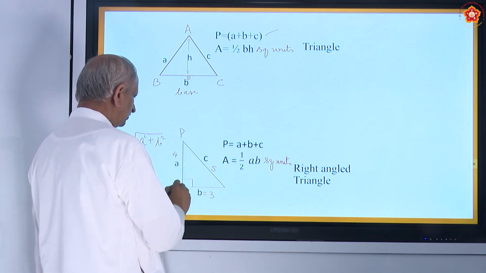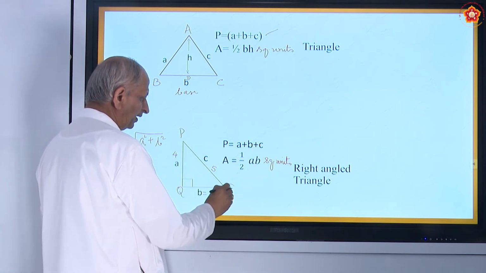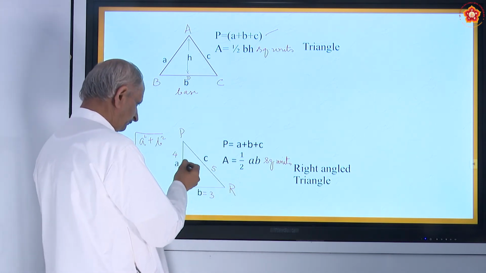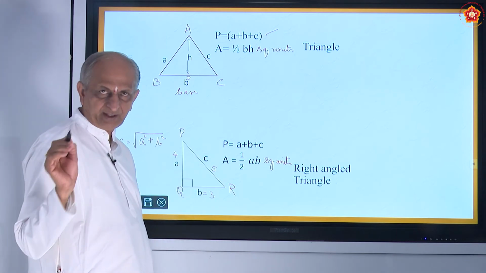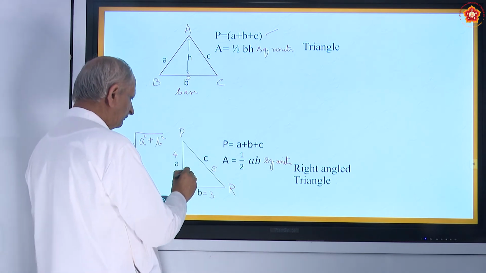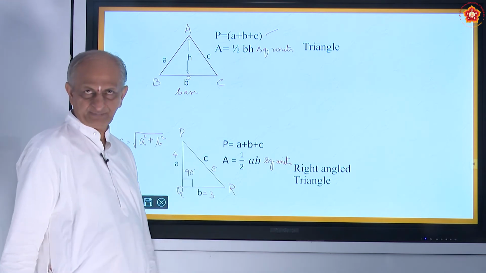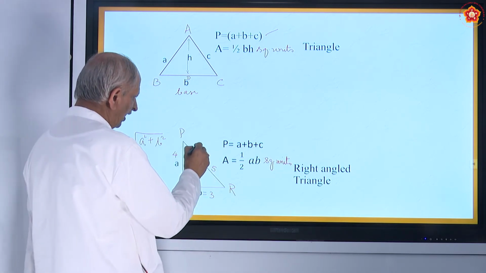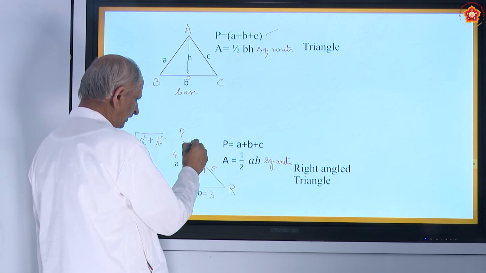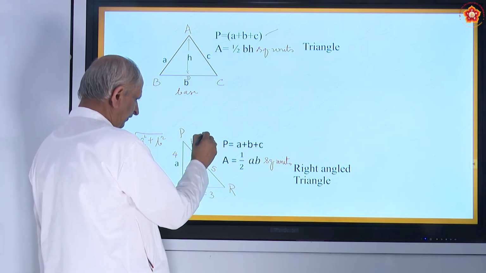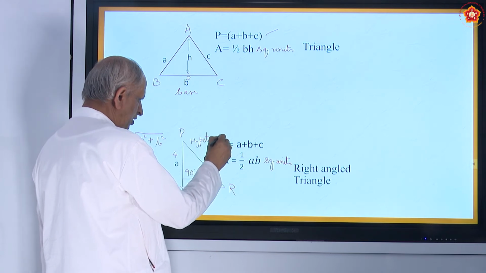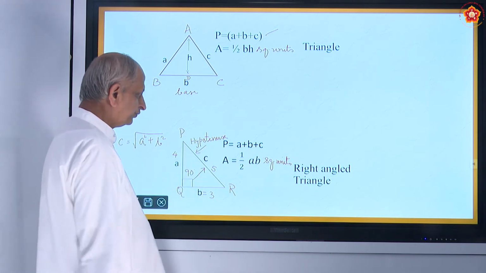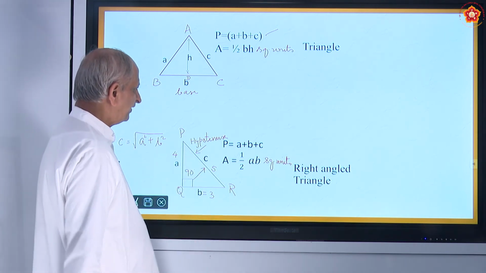So this is one special type of triangle, which is called a right angle triangle, and here the sides need not be equal, they will not be equal at all, and there will be an angle here, and that angle will be 90 degrees. The longest side opposite to the biggest angle is called the hypotenuse. Why I am telling this is, you already studied this, but for problem purposes you should know all these basics clearly. So this side is called the hypotenuse. That is one special type of triangle.